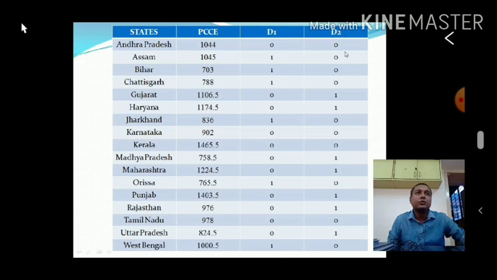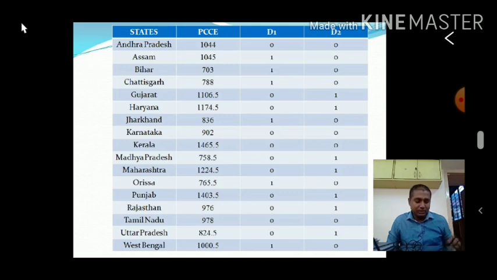So under dummy variable 2 we can see Andhra Pradesh is not northwest, Assam is not northwest, so 0. Bihar is not northwest, but Gujarat is northwest, so 1. Haryana is 1. So we can see there are 7 ones, 1, 2, 3, 4, 5, 6 and 7. That means 7 states come under northwest. So for all the 7 states, the values will be given 1, 1 because it's dummy variable 2. All other state values will be given 0 because there is an absence of dummy variable 2.